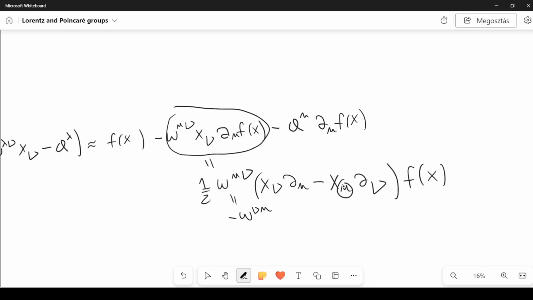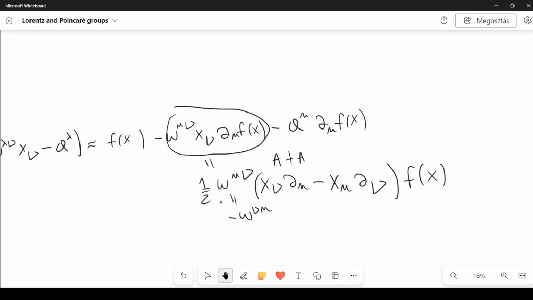And remember that they are dummy indices because we are summing over mu and over nu. But if I change the order, I have to be careful because it's as if we are changing the order here, if you think about it. So we are changing the sign, and therefore it's as if we are introducing this minus itself, which would give us 0. But if we put the minus, we can restore the correct sign due to the anti-symmetry property of this object, and basically it's as if now we have a plus a, which is of course equal to 2a, and to get back a, we have to divide by 2.